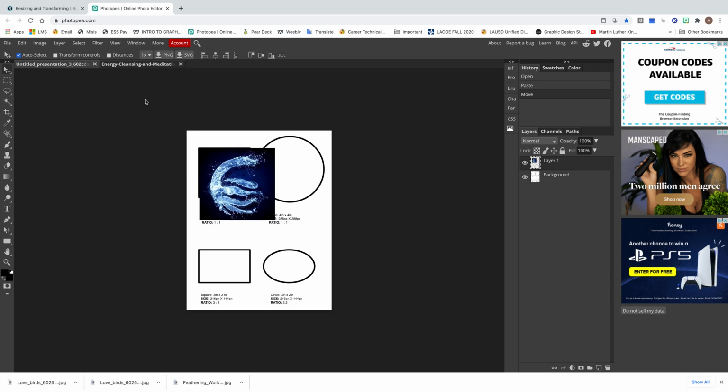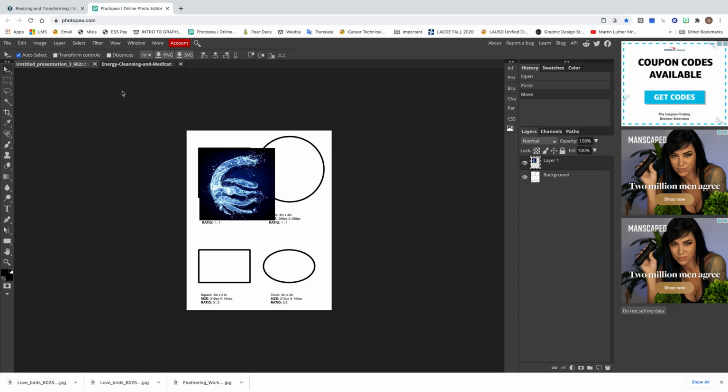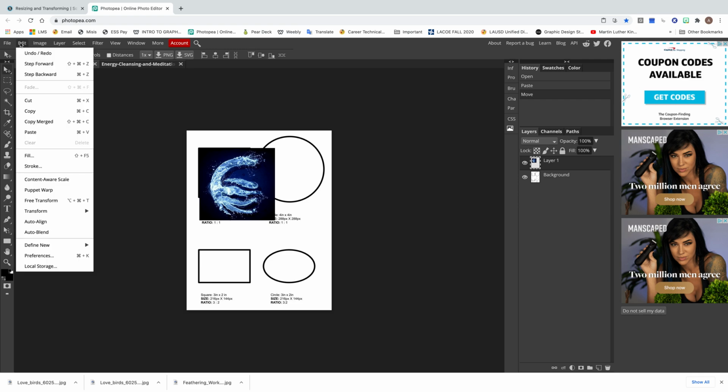So you're going to be able to make this image smaller by going through the menu, or you can also press on your keyboard the hotkeys Control Alt and the letter T to activate the transformation, the free transform, right? But you can also go to the menu. I'm going to go into the menu, edit, right? And I'm going to go to where it says free transform. You can also click on your keyboard, Control Alt and the letter T, and it should do the same thing,